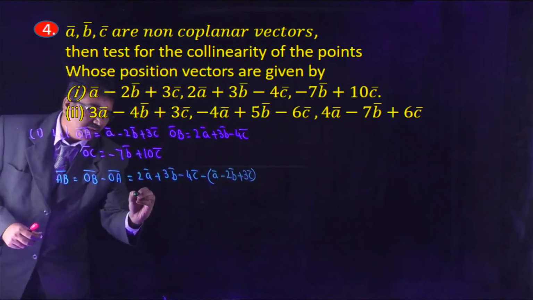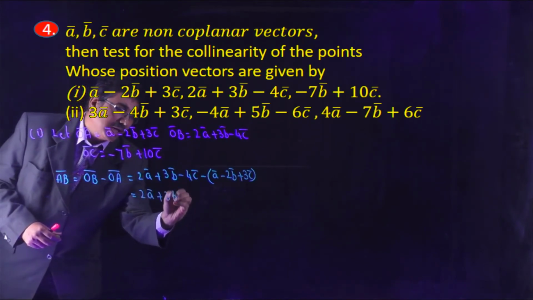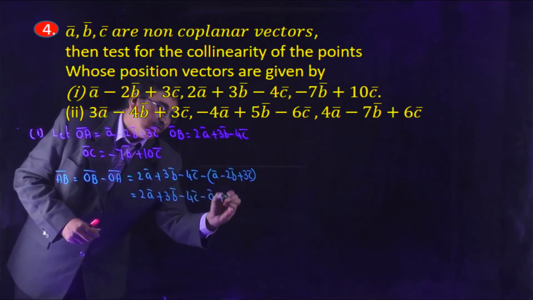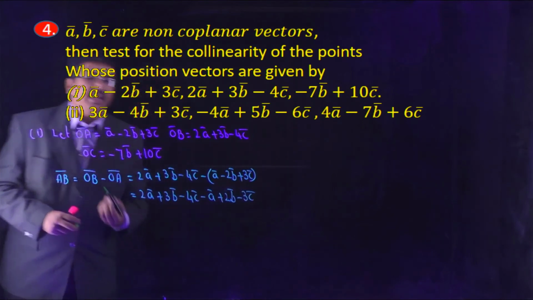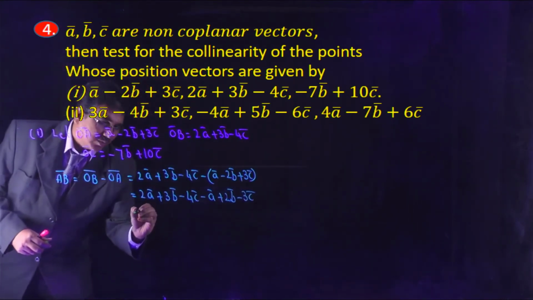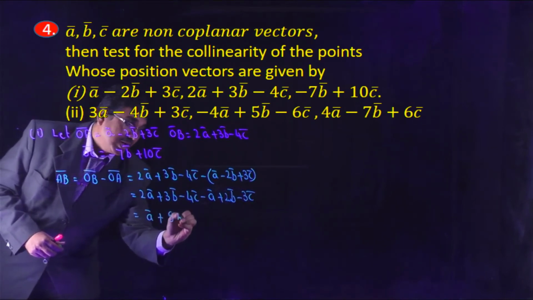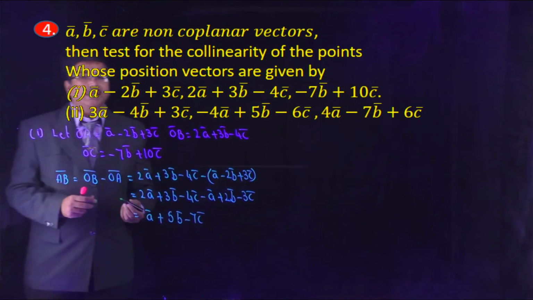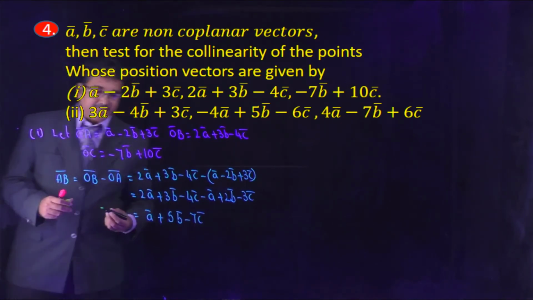That is equal to 2A bar plus 3B bar minus 4C bar minus A bar plus 2B bar minus 3C bar, that is equal to A bar plus 5B bar minus 7C bar, right? This is AB bar. Now AC bar is equal to